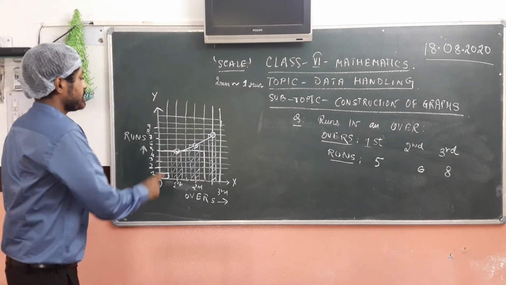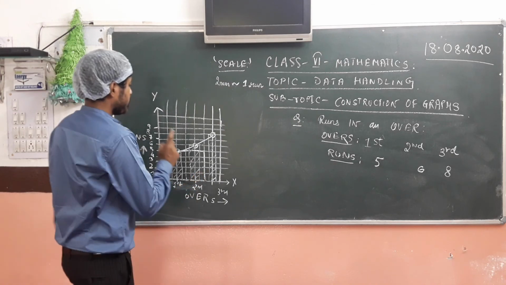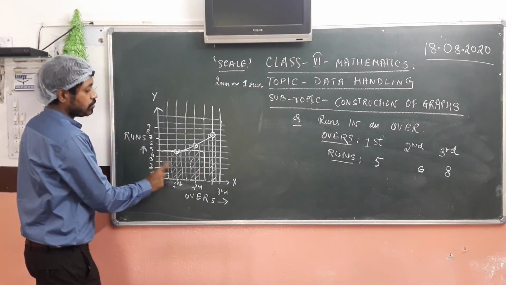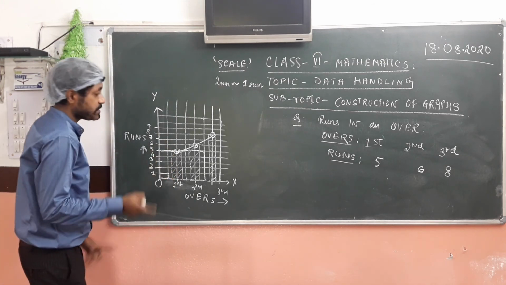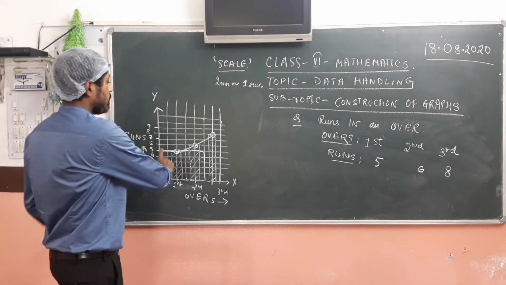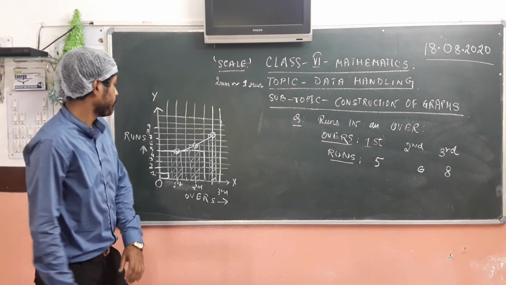Due to space crunch and time crunch, I am not drawing a different graph and showing it to you. But that doesn't mean that you will draw both the bar graph and the line graph on the same graph paper. Obviously, they have to be on different papers as there will be different questions. But then you will draw using a scale. You will join the points using a scale.